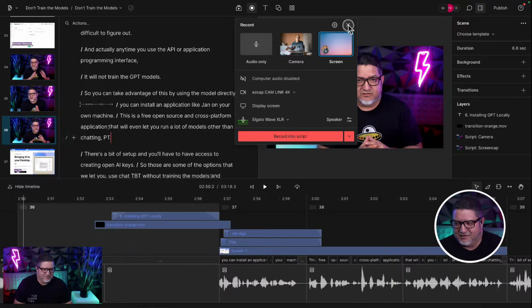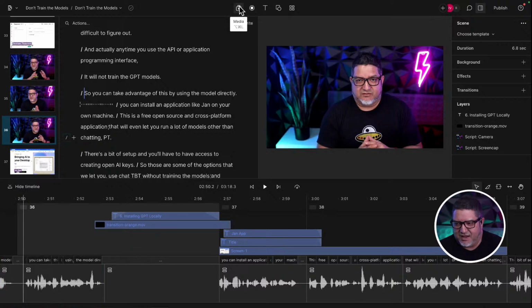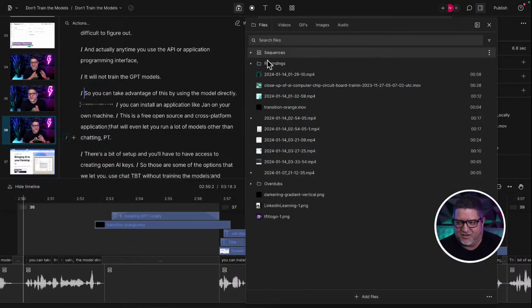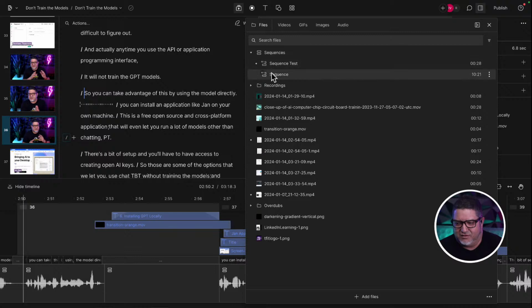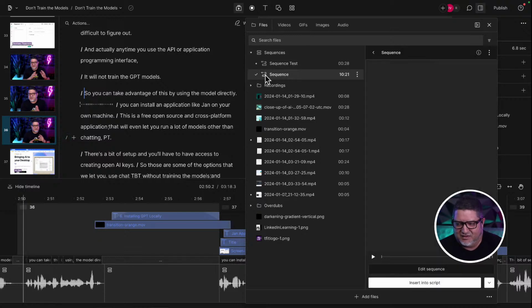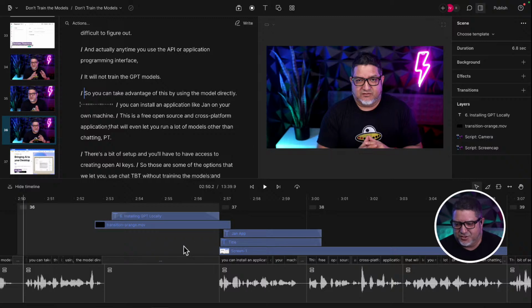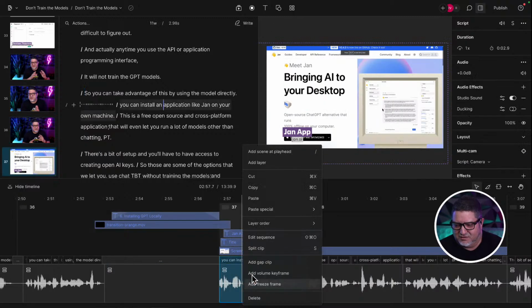What that does is it creates a file, and all your compositions or sequences, as they call them, are in this media section. You can see that in here I have a sequence test that I did, and then the actual sequence that I'm looking at right now, right? And this sequence has been transcribed, right? But this is basically just a layered version of